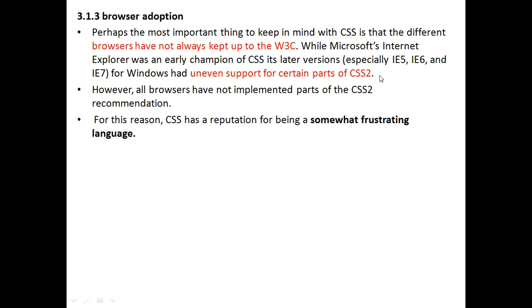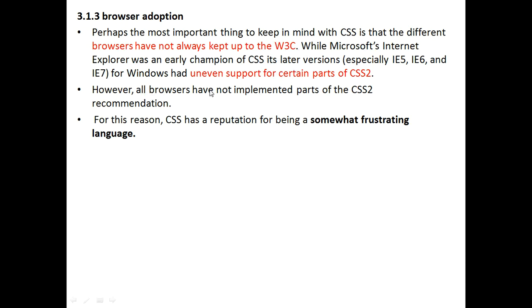While Microsoft Internet Explorer was an early champion of CSS, its later versions, that's IE5, IE6 and IE7 for Windows, have uneven support for certain parts of CSS2. Means Internet Explorer has adopted most portions of the CSS recommended by the W3C.